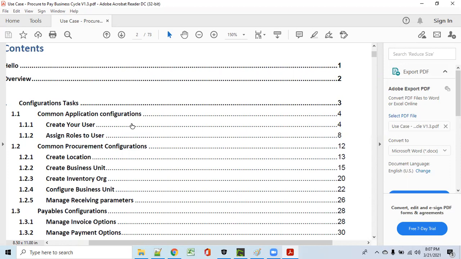Usually in any organization, there are business users and non-business users. Business users are two kinds of things. One is permanent employees or contingent workers, nothing but temporary employees. Similarly, non-business users are nothing but admins, who will be creating the configurations, those functional users.